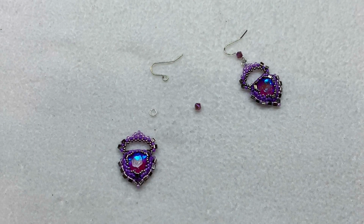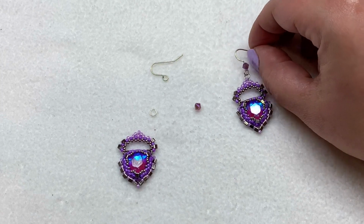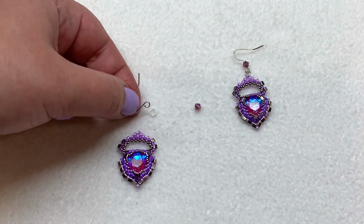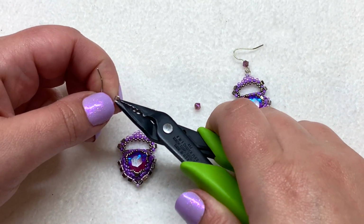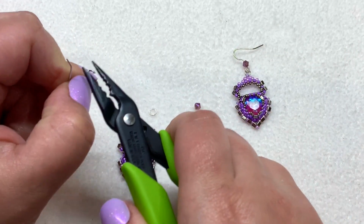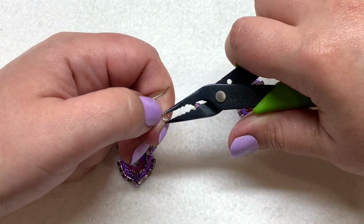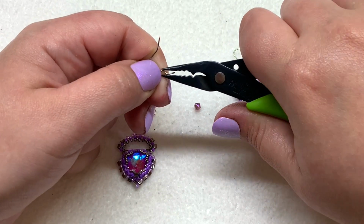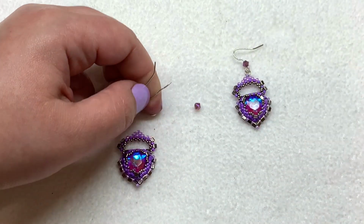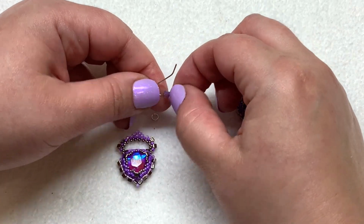And now I'll show you how I finished this one off with the ear wire with the crystal if you wanted to try something like that, but you can finish these off in any way you like. But I'm going to take, just to give you an example, an ear wire that looks like this, and you're welcome to make your own also, but if you have one that's already formed, you can just gently take your pliers and start to reshape that loop into more of a flat, straight piece of wire so that you can string on a bead. I'm going to take one of these 4mm bicones that coordinates and just slide that up